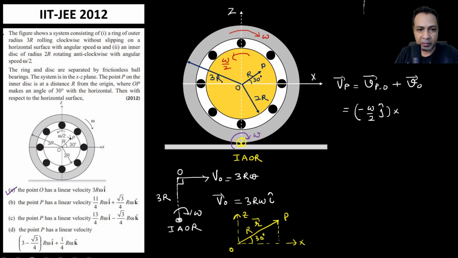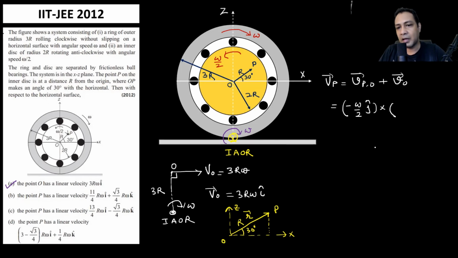So in terms of i cap and k cap, we can write this r vector as root 3 r by 2 i cap plus r by 2 k cap, and we have to add the velocity of O, which we calculated in option A, that is 3r omega